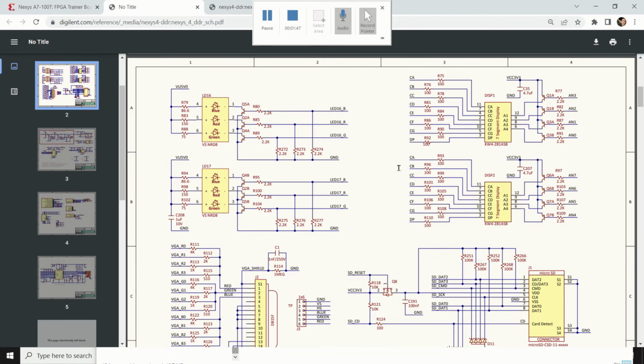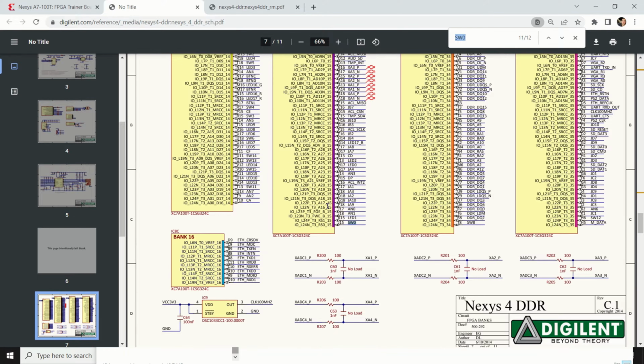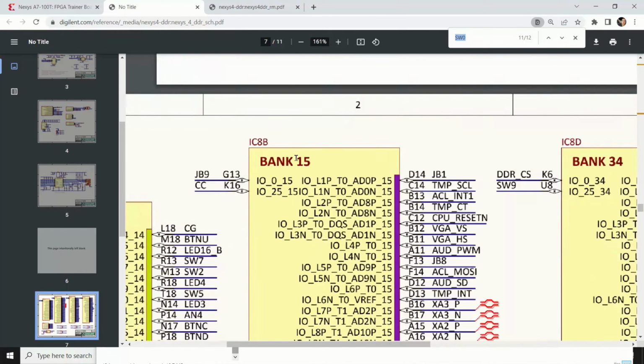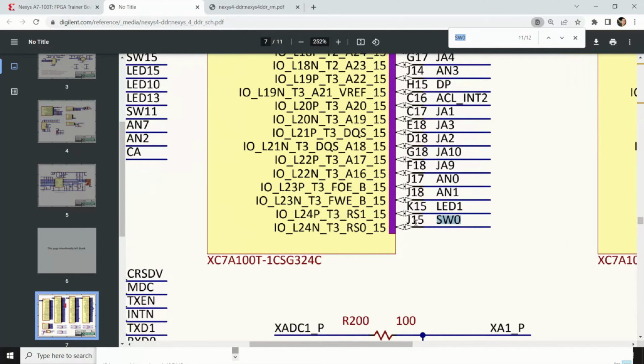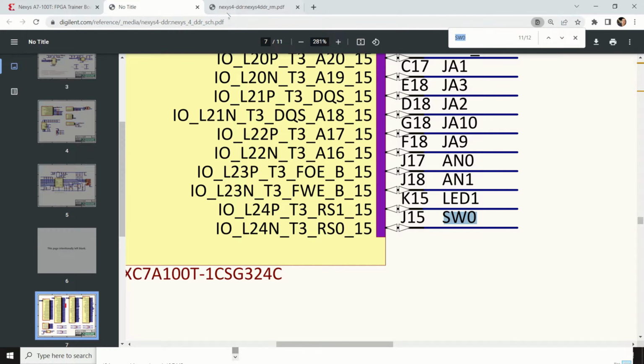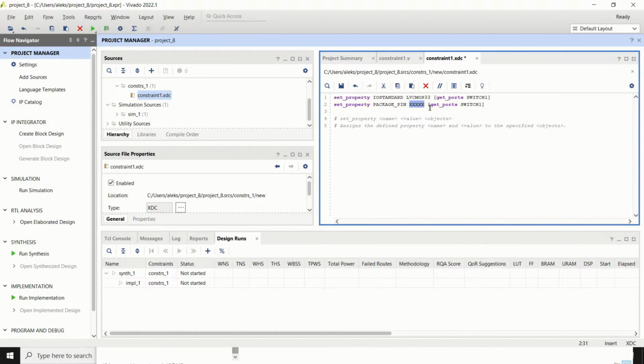SW0, so we can simply go here and do Control F and search for SW0, and if we go down, we can find basically the description over here. Here's bank 15, and here is the value. Basically, this is the port value, it's J15, and it perfectly matches with the data that we see over here. So over here, I will write J15,